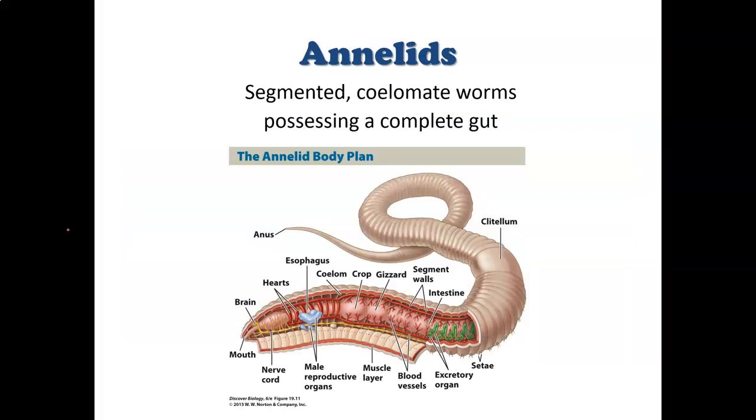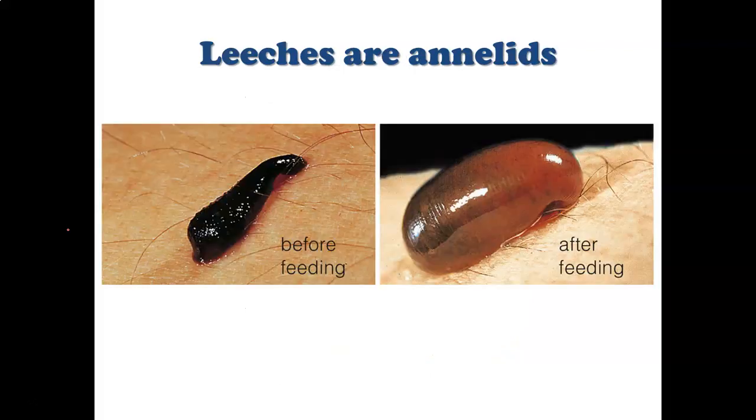The next animal phylum are the annelids, and these are segmented worms, things like earthworms. They have a coelom, and you can see that they are bilaterally symmetrical. This is our first group of animals with a complete gut. So the annelids include earthworms, these marine worms called polychaetes, but probably one of the freakiest ones are the leeches,